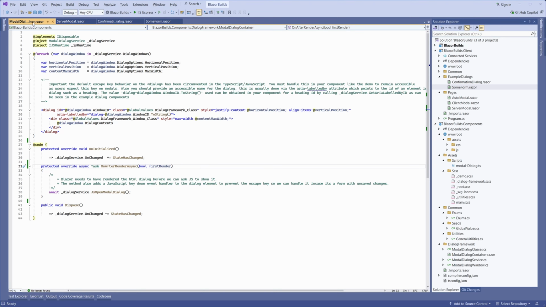Today we're creating an accessible modal dialog framework that works with any interactive mode. I originally built this framework for Blazor .NET Core 3 and up until last week it was still running in my .NET 8 applications. The original version included a focus trap to keep keyboard users from navigating out of the